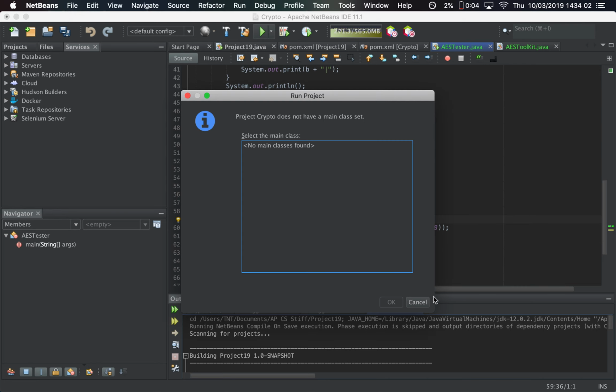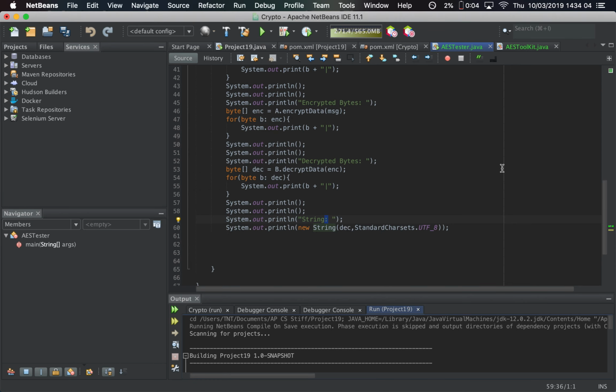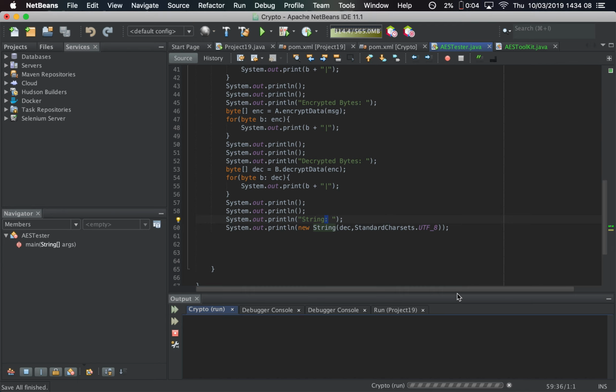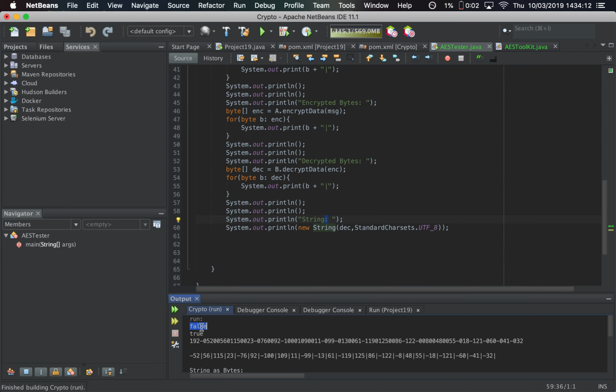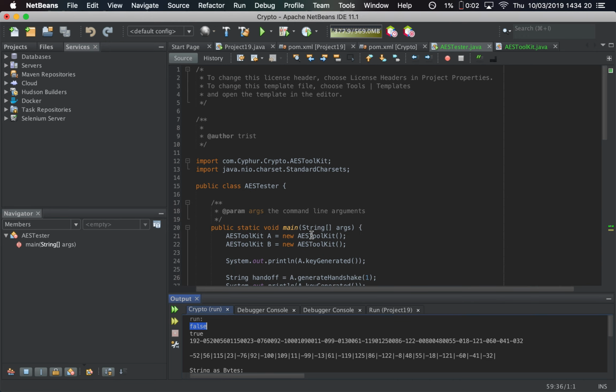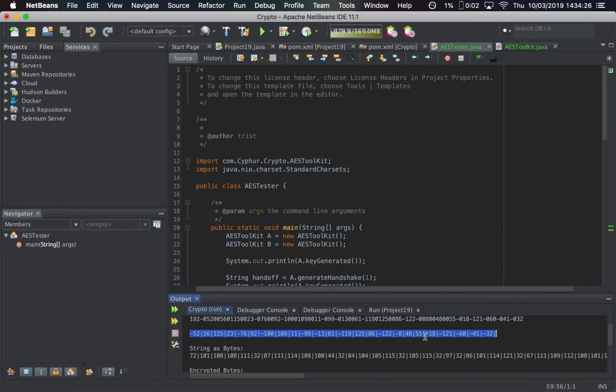To show this working, I can tell my IDE to run this tester file. If we look at the output, you can see it's consistent with what we're expecting. Firstly, it prints false because A hadn't generated a key, and it prints true, then it prints out the handshake string, then it prints out the key, then it prints out the string as bytes,